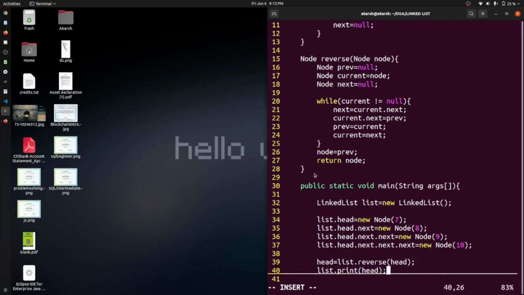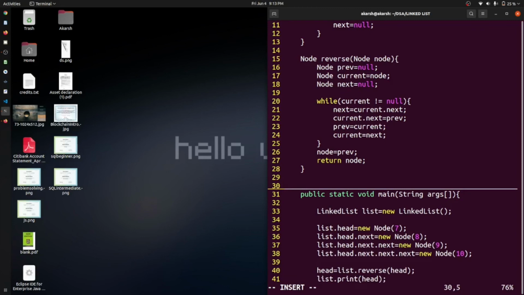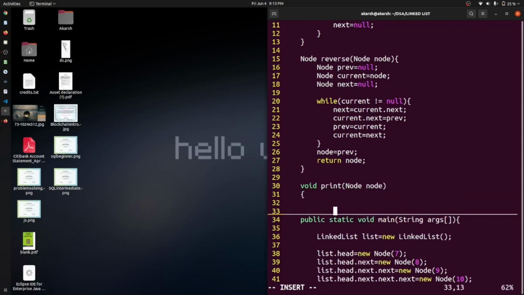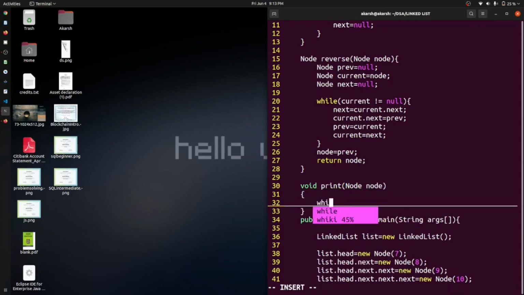Okay, and we can create a function like void print, and it will take a node. We will say while node is not null. This is a way in which we can print a node, we all know that.